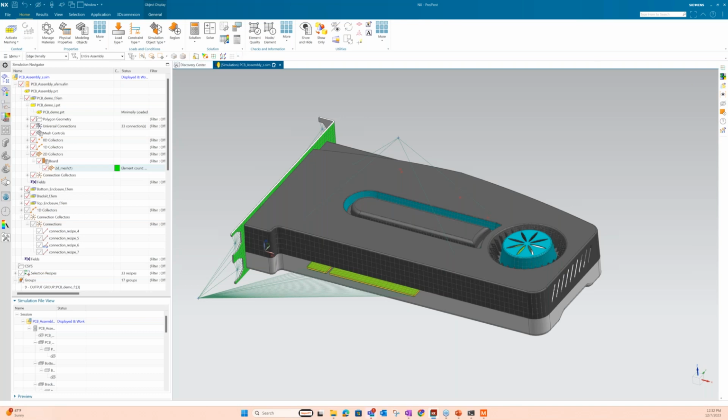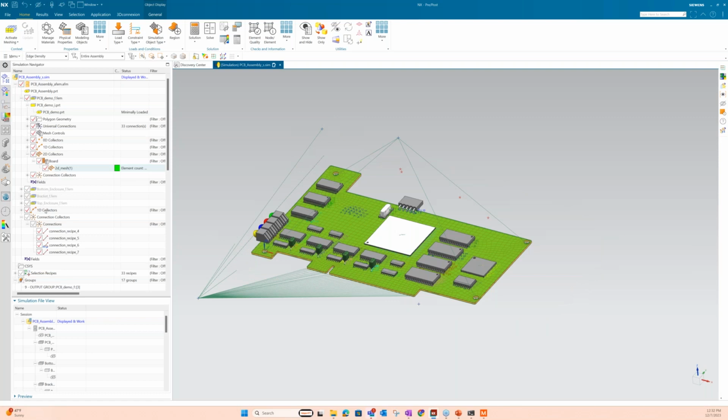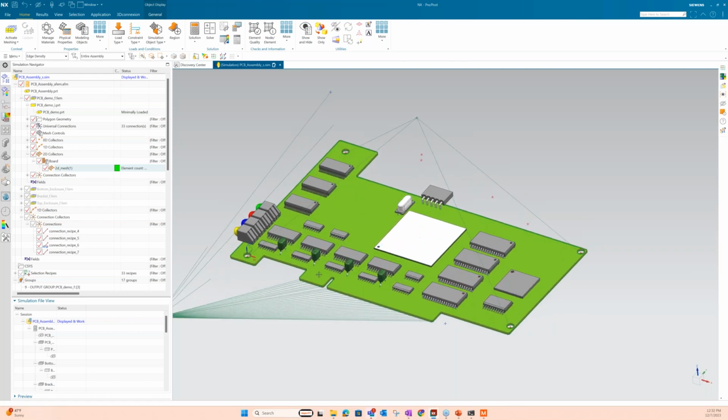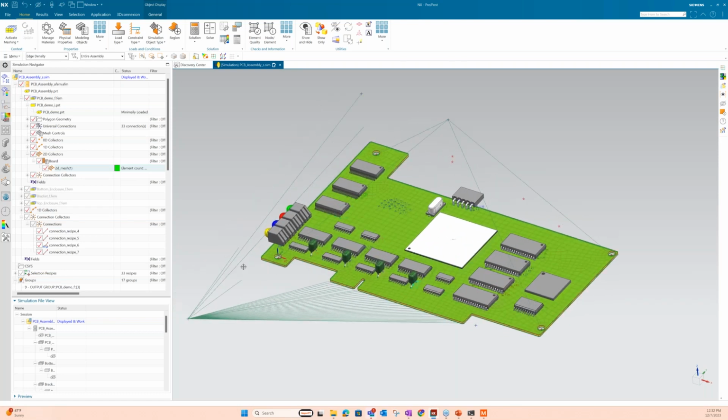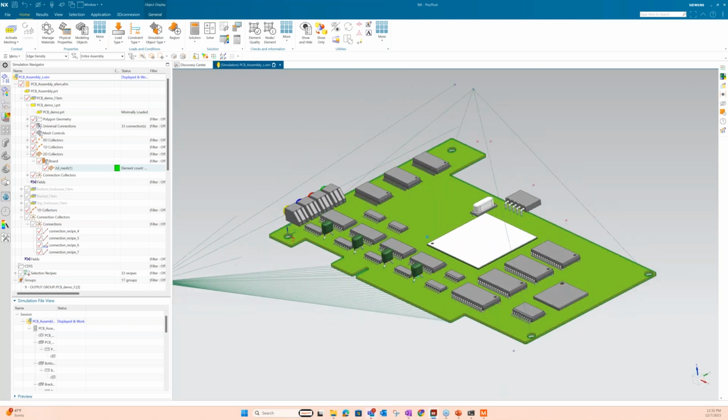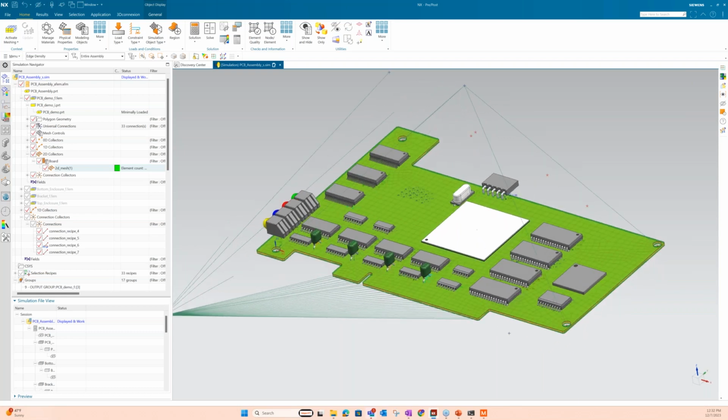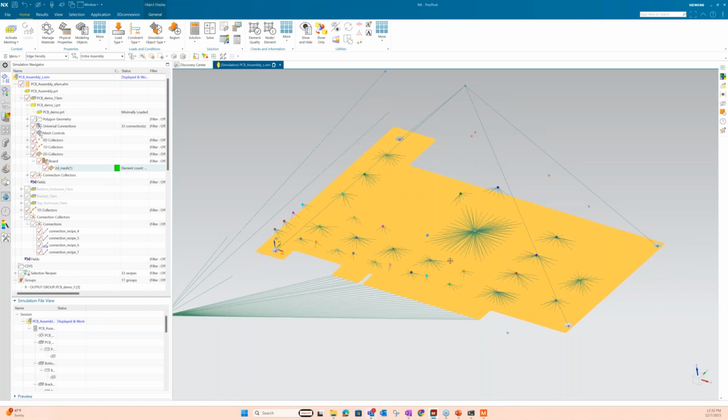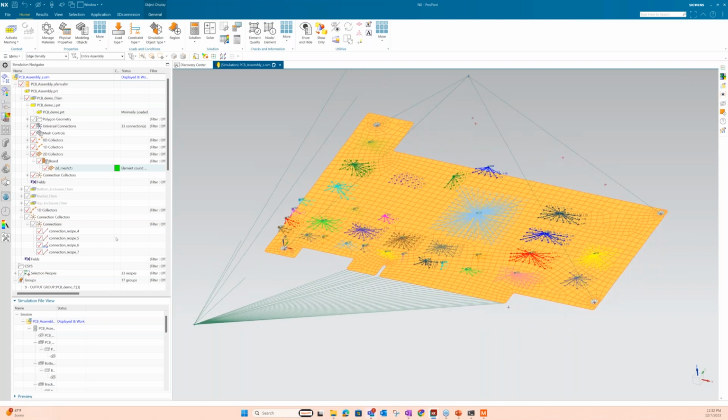is that if we look at the board here, I mentioned PCB Exchange. So we got a model that had this PCB geometry in here, and that PCB Exchange tool we talked about, the really cool thing it does is if you have all the information for the electronic components in here, we were able to very quickly convert that to a structural model.